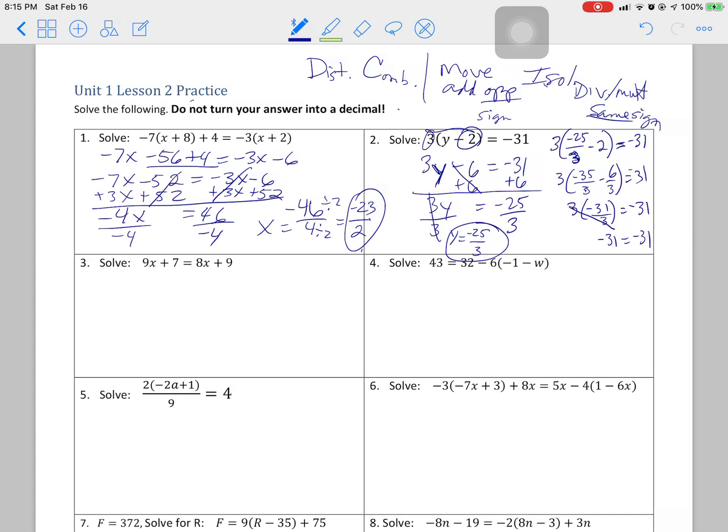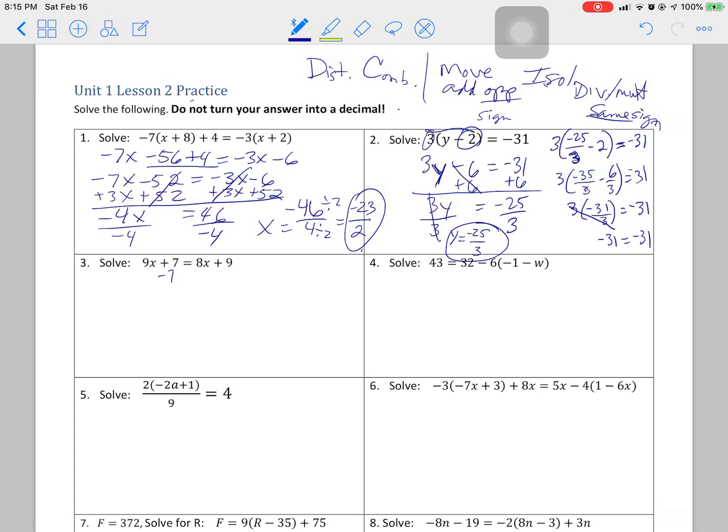Let's see, this one here. There is nothing to distribute. There is nothing to combine. So we're ready to move. Okay, so what's wrong? We need to move the 8x that way and the 7 over there. So